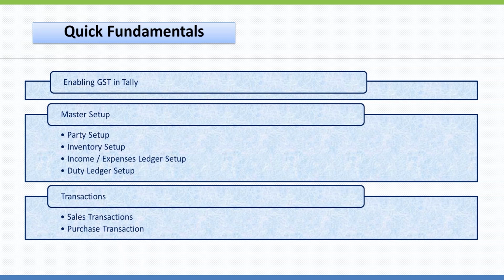The master setup is a very important aspect. This is where we have to pay proper attention whenever a new master is created. If it is appropriately configured, then it's all done. A well begun is half done, that's what we say. So that's how it is.